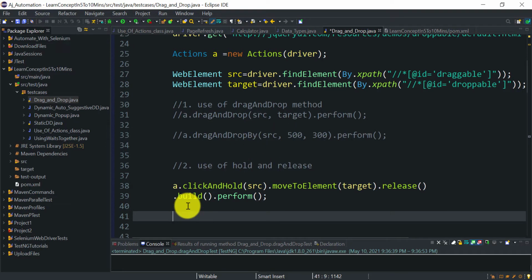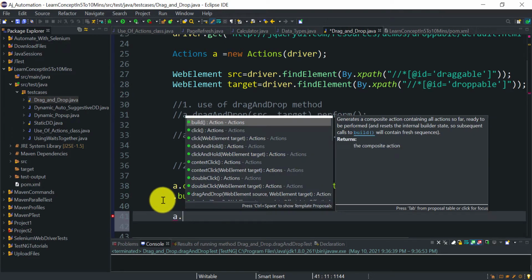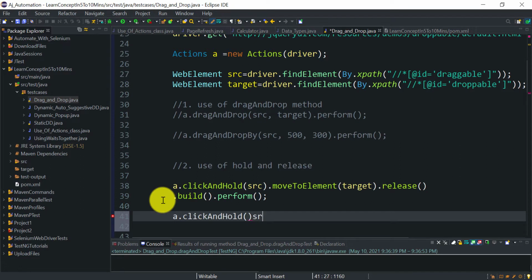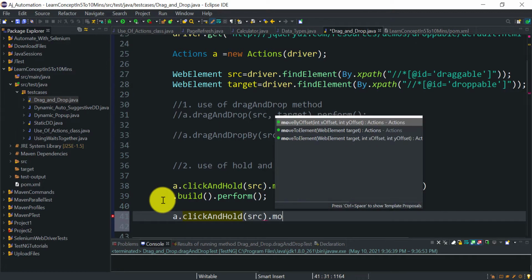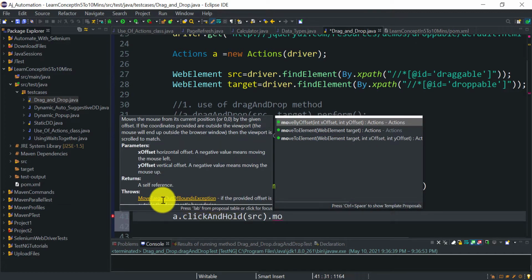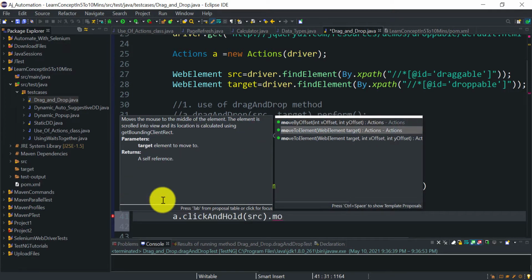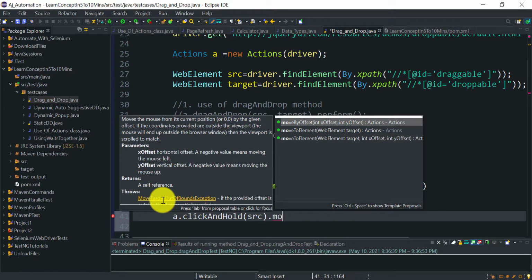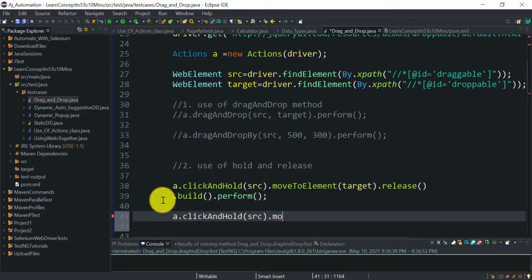So let's try to do that using the same method here. We will click and hold the source web element, and first we will move to the web element. Instead of moving to the web element, we will go to the web element by using some offset. So here we have this method, move by offset.